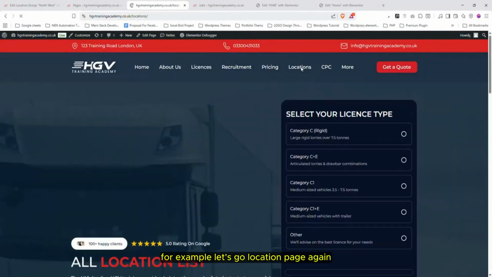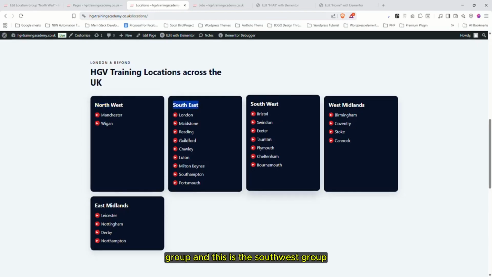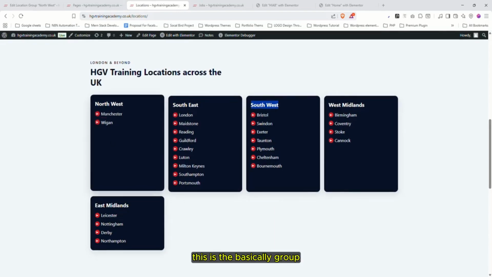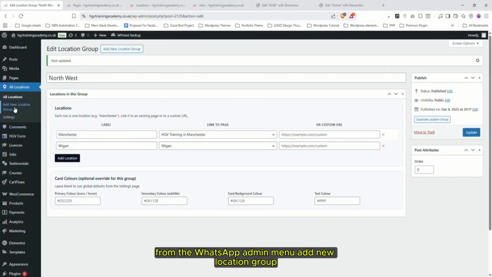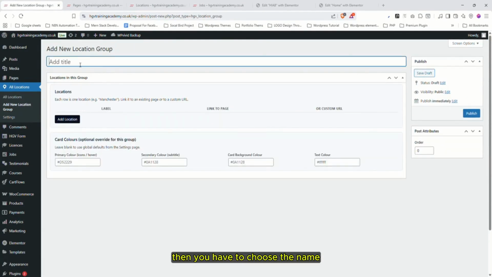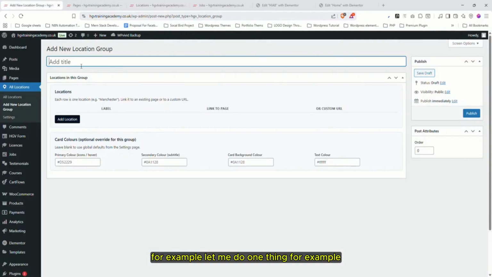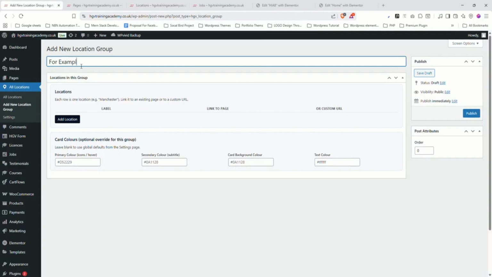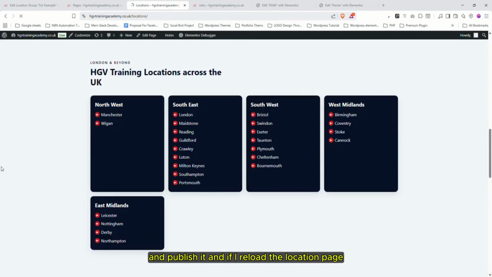let's go to the location page again. So basically this is the northwest group, and this is the southeast group, and this is the southwest group. These are basically the groups. So if you want to create any groups, then you have to click from the WordPress admin menu, add new location group. Then you have to choose the name, and the title would be displayed like northwest. For example, let me do one thing, and publish it. And if I reload the location page,